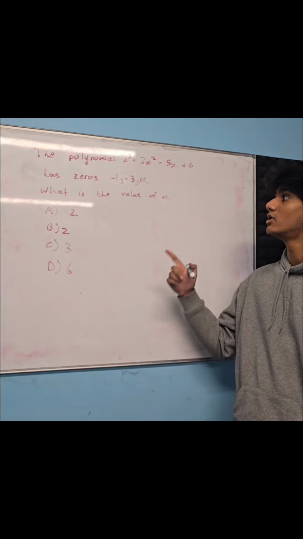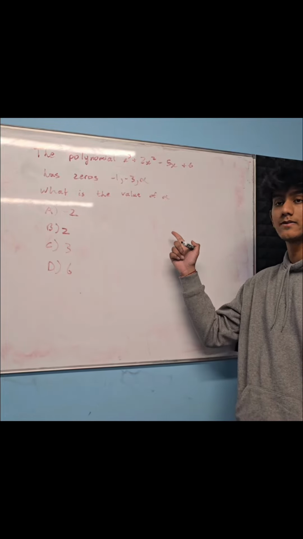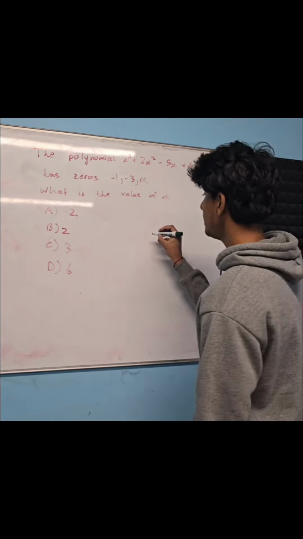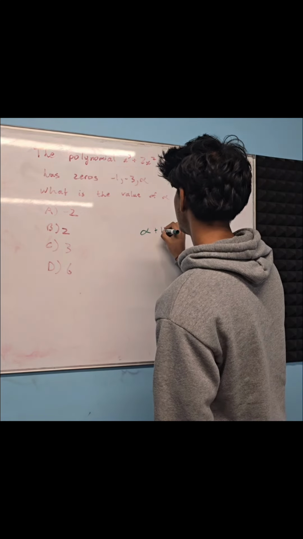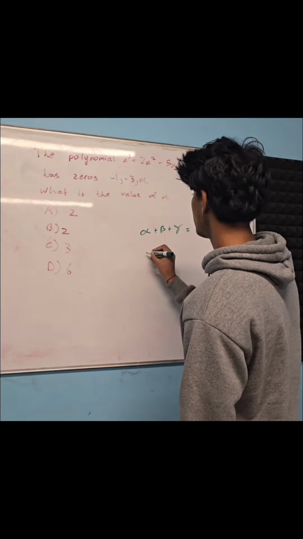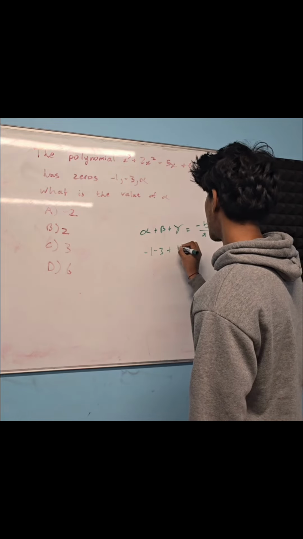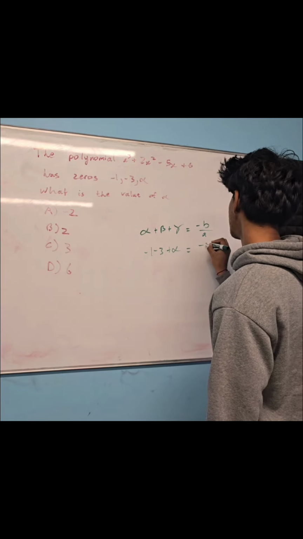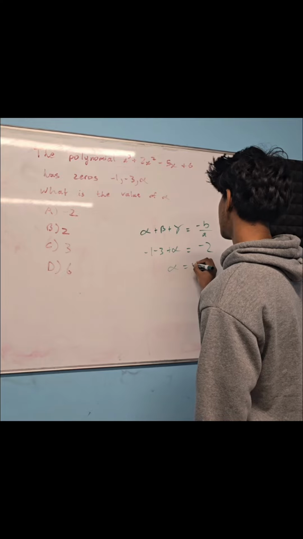In this question, we're given a cubic polynomial with two roots and we're asked to find the last one. To solve this, we need to use the sum of roots. So alpha plus beta plus gamma equals minus b on a. Now in this question, we'll have minus 1 minus 3 plus alpha equals minus 2, giving alpha as 2, making